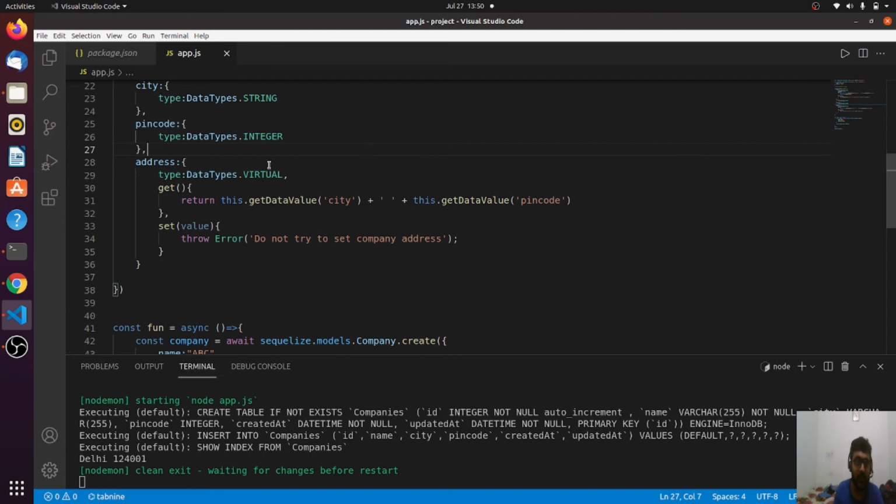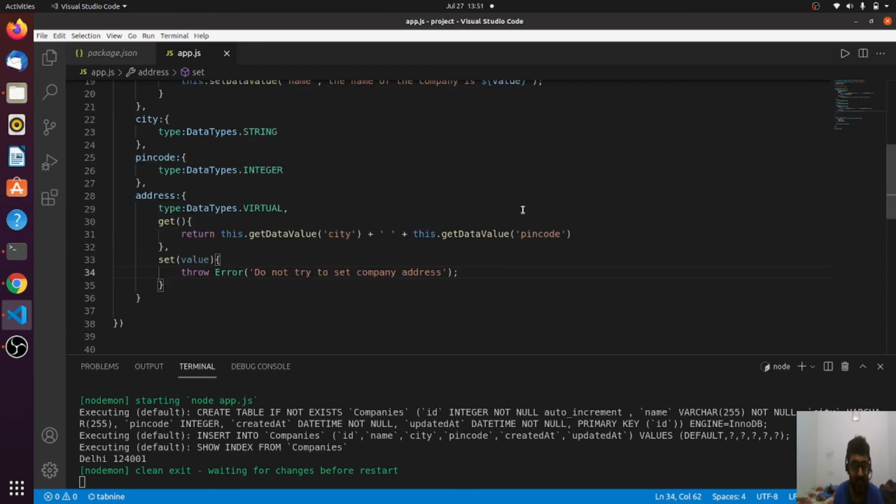So what I will do is create a virtual with the name full name, and that virtual will help me. It will get the first name, it will get the second name, concatenate them, and return it whenever I try to console the full name. And whenever someone tries to set the full name, it will not allow it, because we will be throwing an error. The main reason is that full name is not a field that exists in the database. So I hope you understood the crux.